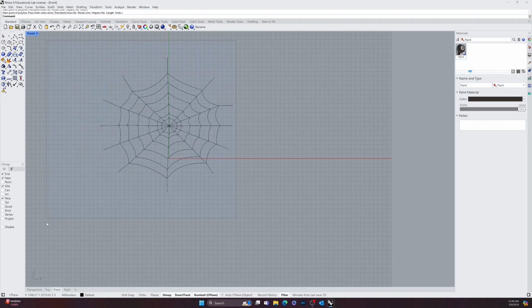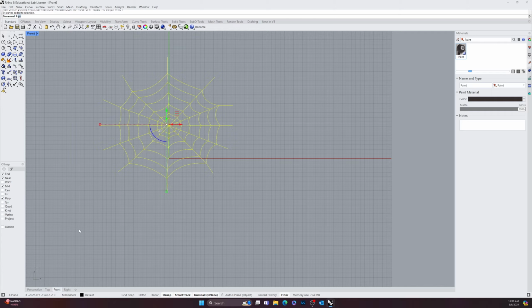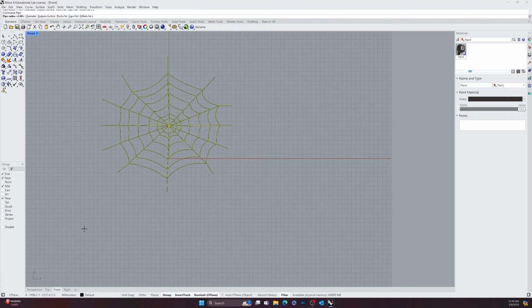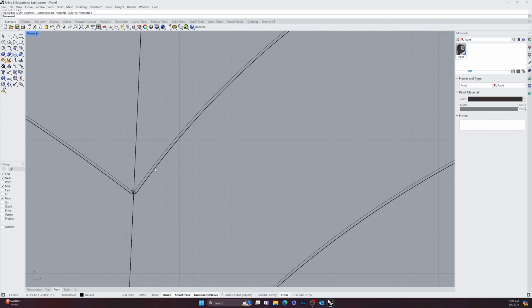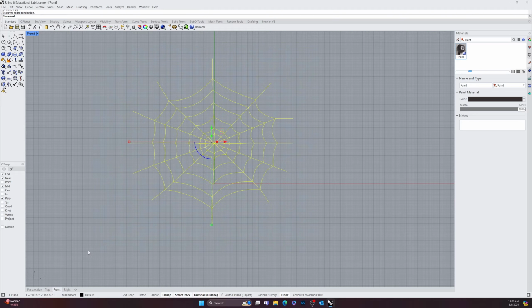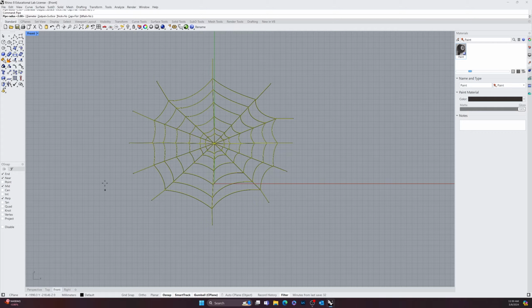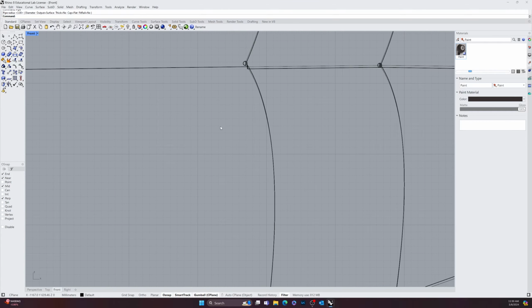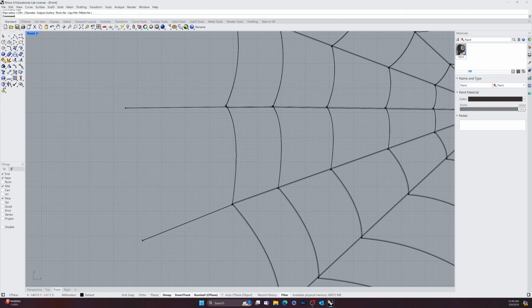And then the last thing we do is we select everything and we go pipe. And maybe I'll do 2 millimeter thickness. Maybe I should have done 3. Let's do pipe, 3, enter, enter. Okay, and if we look at it back in perspective here,